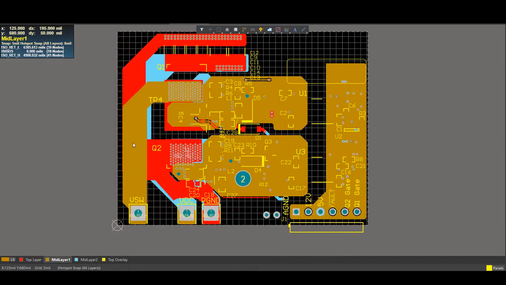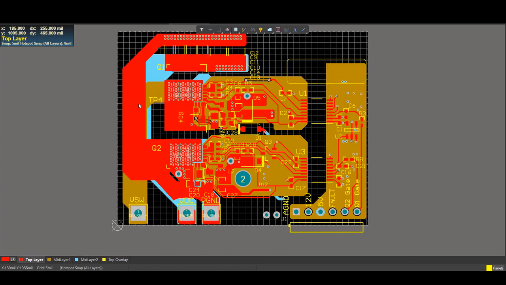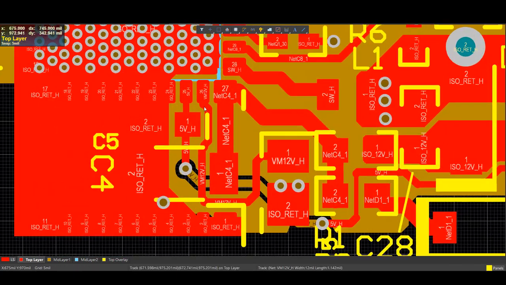Secondly, let's look at the overlap between the switch node trace with high voltage and the ground return trace. The yellow trace on the left is the switch node trace, the light blue is the V-bus, and the red trace on the left is the ground return trace. Here you see the overlap between them is huge, which introduces a large amount of switch node capacitance, which leads to higher switching losses.